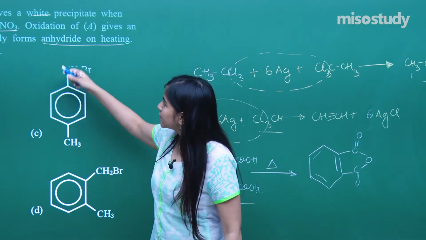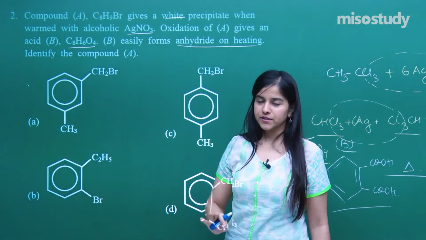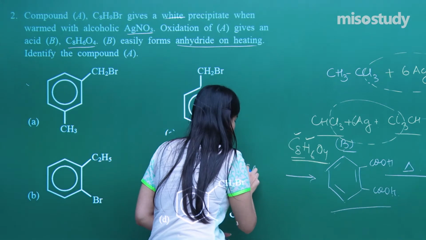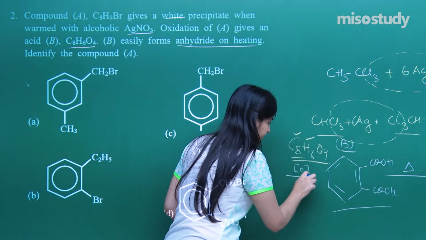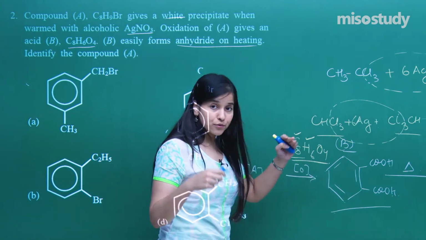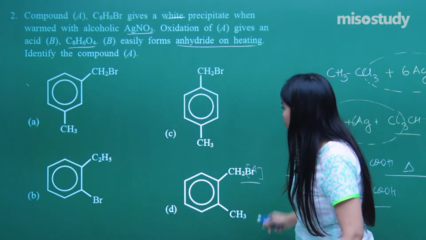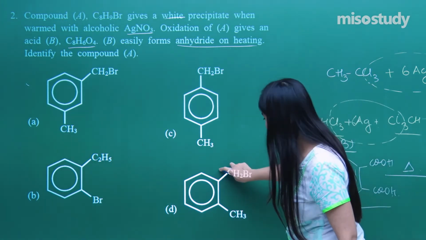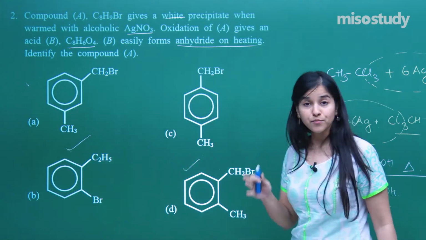Now let's have the structure of the previous compound, that is A. So it is for sure that upon oxidation of A we get this very compound, that is phthalic acid. That means compound A which is initially taken must be having ortho positions. That means let us just select out of all. So out of all you can see over here that there is number 1 and number 2. That means B and D could be our possibilities.